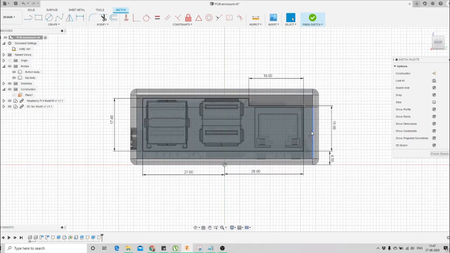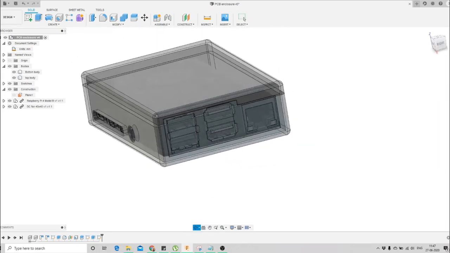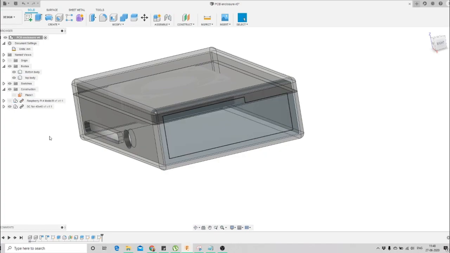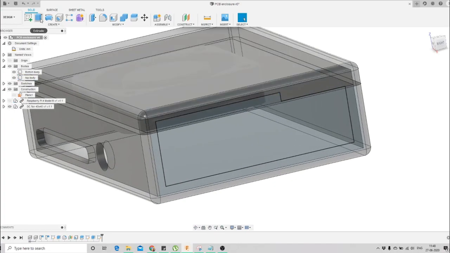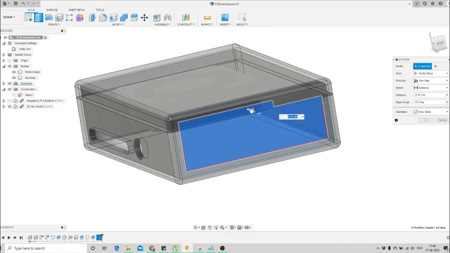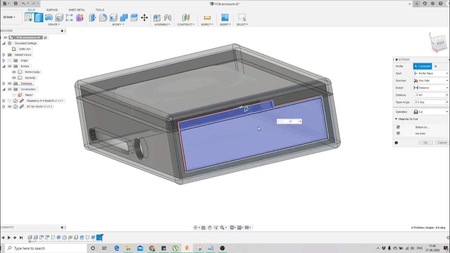Okay, so we had specified all the dimensions available here. So we'll click on the Finish Sketch icon. Here you can see that we had made this sketch, and then we'll turn off this Raspberry Pi 4 model. Then we'll go to the extrude option, select the profiles, and extrude -2. We provide -2, and we'll see that the object to cut must be both the bodies, because we have to make the cut in the top part and the bottom part.